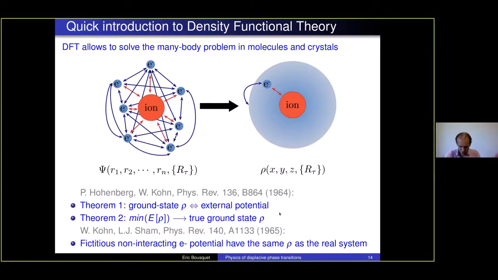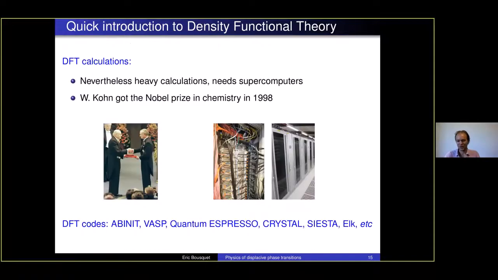But the problem is that even with that, in the 60s it was not possible to use it because it still remained a heavy calculation. And it's why Walter Kohn got the Nobel Prize in Chemistry in 1998, because starting in the 80s we started to have good supercomputers, and this type of density functional theory appeared to be very useful in the end. Since then, DFT calculations have completely exploded, in the sense that it's really robust and has quite good predictive power.